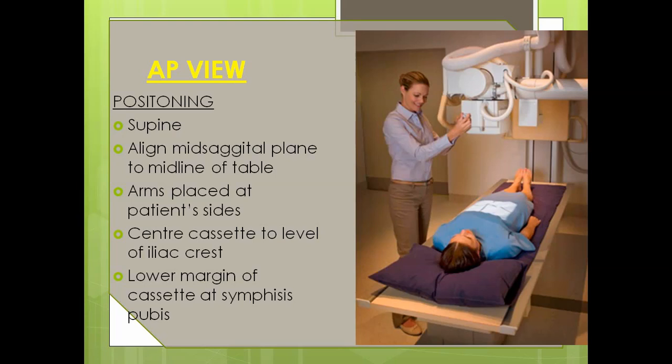So what is the positioning? When the patient comes for the radiography, the first part is patient preparation. When the patient comes, what preparation is required on that day? You will ask the patient to remove all the metallic parts from the affected radiographic area, and ask the patient to wear a hospital gown which is provided by the department itself. Then you will ask the patient to lie down in supine position.